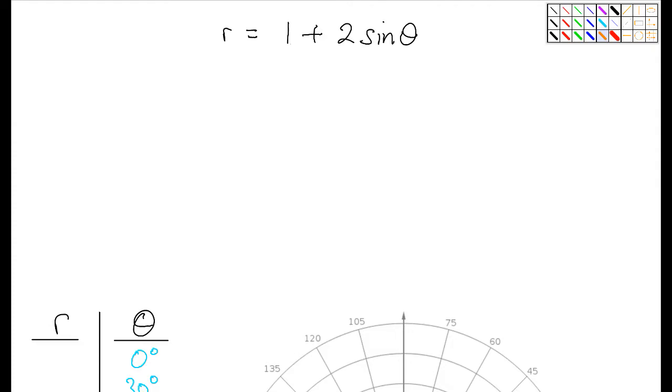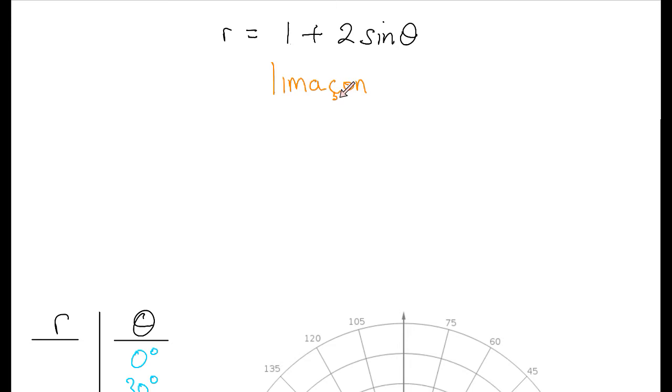Hello everybody. Today we're going to be graphing a limaçon. Let me spell that out for you. Limaçon. And the little C there has this little diacritical mark. It's called a cedilla, so that we know that we pronounce this with a soft C, not a